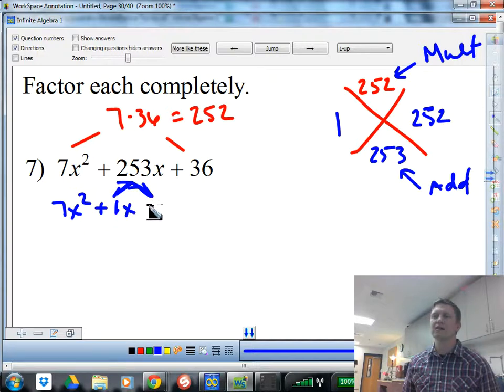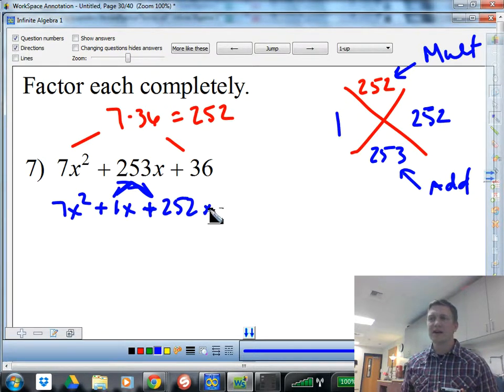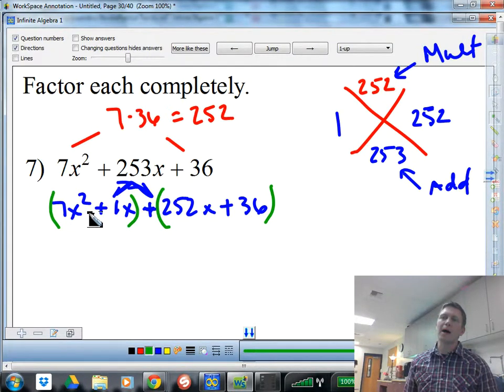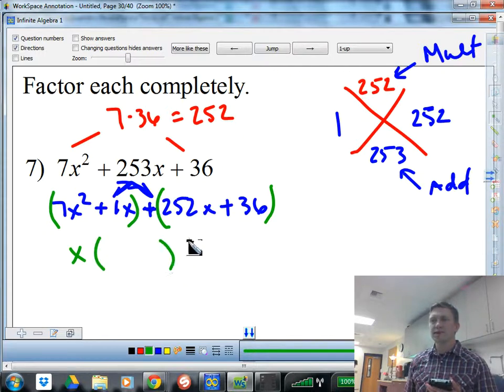Okay, so we're going to go plus 252x, and I'm using this number over here and this one here, and we're going to go plus 36. And then I have to group it up. This is why we call it factoring by grouping. Put it into groups, right, like this. Then I take a piece out of this. So I'm going to factor the greatest common factor out of this grouping. So it looks like x will come out front. And over here, 252 divided by 36 is 7. So I can actually factor out a 7 out of the front of this one. And it turns out to be,